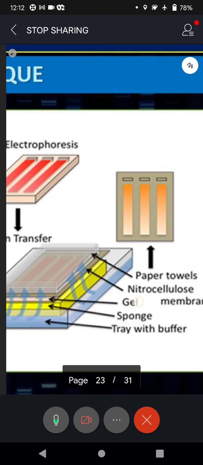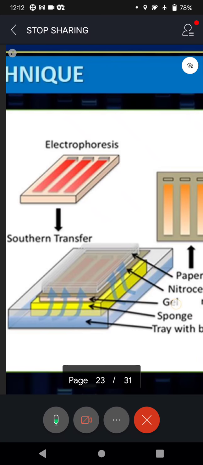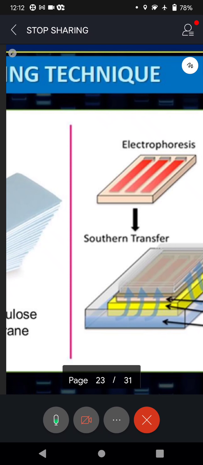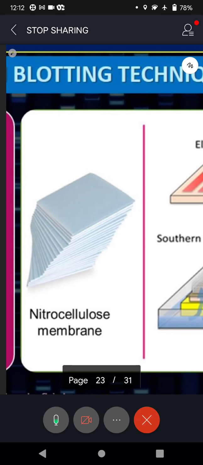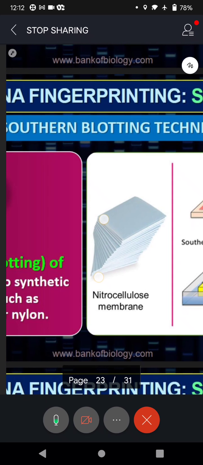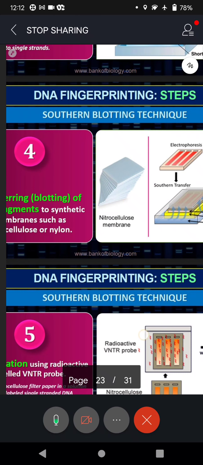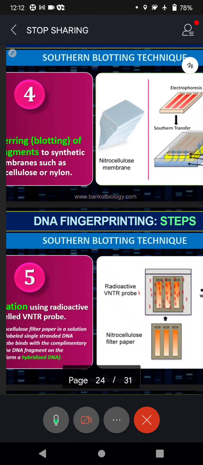Look at that. It's in the form of paper towels. The medium we said, nitrocellulose membrane, is for clarity. And then we go for the pressing of this nitrocellulose membrane. They will be in the form of sheets, like how the dhobi puts, no, for your cloth after the ironing, you will put some weight like that. And why should we do all this?